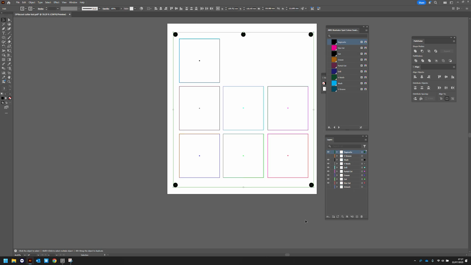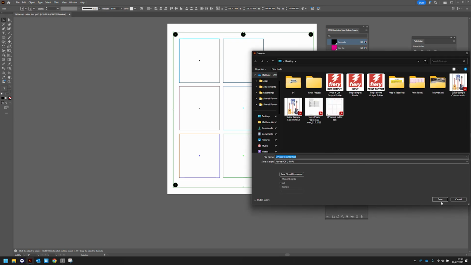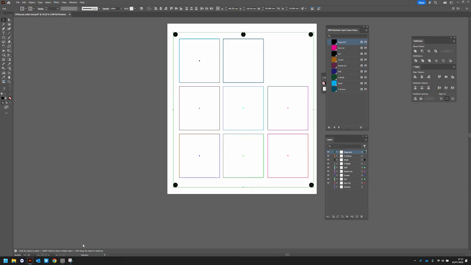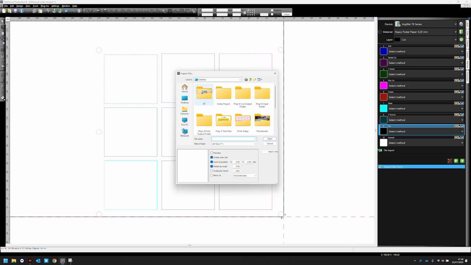This time I'm going to turn off the artwork layer. Now we've actually got, so that's on the artwork layer. Let's bring that one back in there. So we'll turn off that one, and we'll go File, Save As, and we'll save it at the top of that. So now if I bring that job in again, file import,